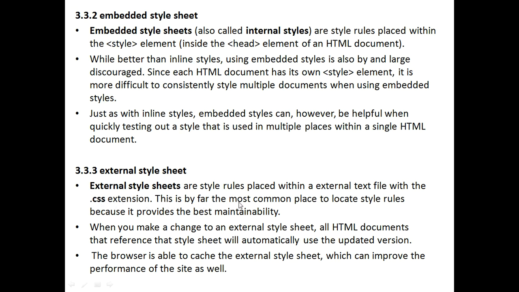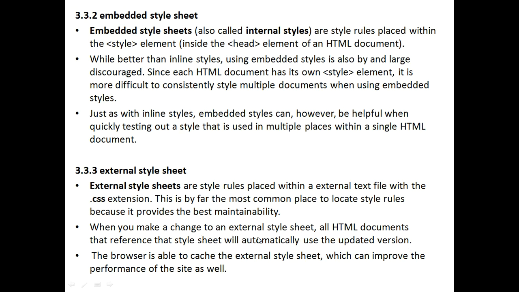This is by far the most common place to look for style rules, because it provides the best maintainability. Whatever style you want, you place it within that .css file only. When you make a change to an external style sheet, all the HTML documents that refer to that style sheet will automatically use the updated version.